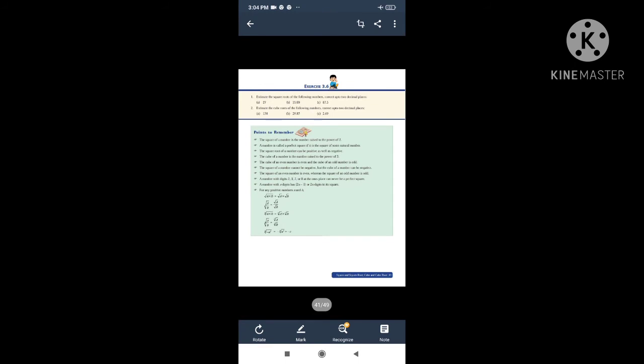Roman letter 2. Next, estimate the cube root of the following numbers, correct up to 2 decimal places. So in the before first main, we learned about the square root. So the second main we learned about cube root, but the process is the same. We need to find out using the same method. The only one thing we need to make different, we need to see the values in cube root, and also in a cube root multiple of 10 is also there. So what is the first question?